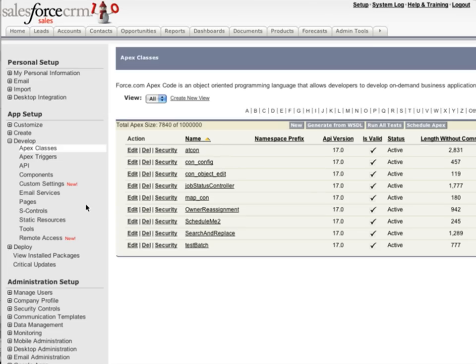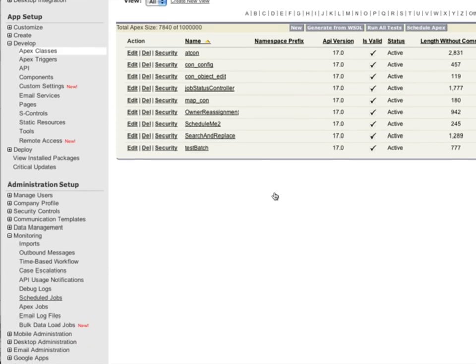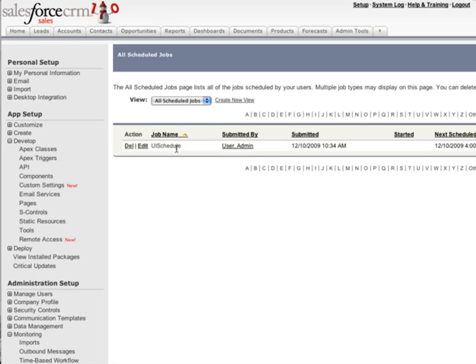And if we go into monitoring, we can look at scheduled jobs. You'll see here we now have a scheduled job via the UI. The next scheduled run is on the 10th at 4 p.m. So pretty straightforward way to schedule Apex, but if you wanted a slightly more flexible way of doing this, and